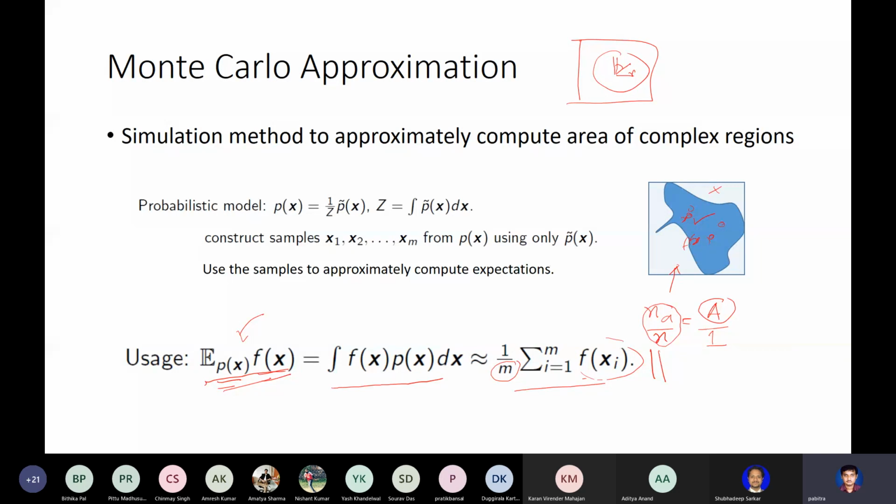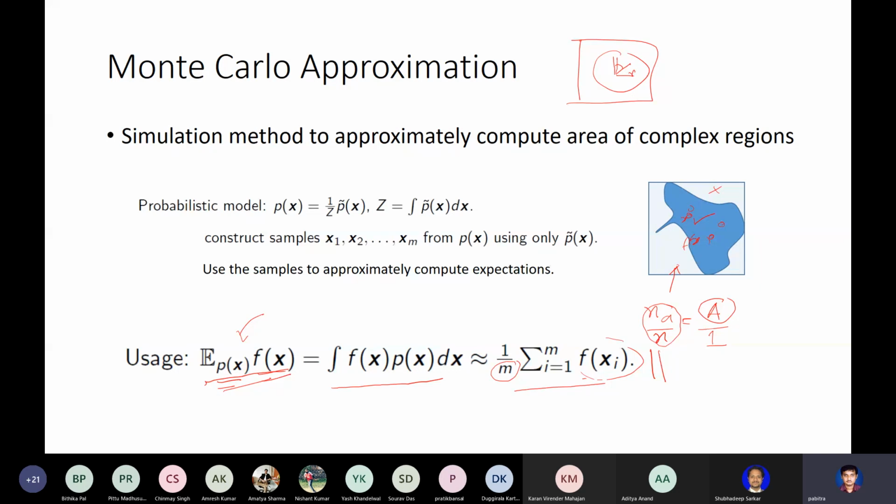So these are coordinate transformations. But in general, they are difficult. I mean, it's analytical, so it's on a case-by-case basis, not a general principle. But this rejection sampling or the Monte Carlo approximation always works, irrespective of what your distribution is. Maybe your efficiency will be low, but it always works.